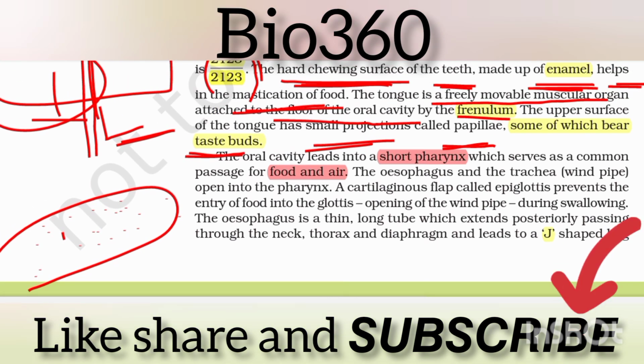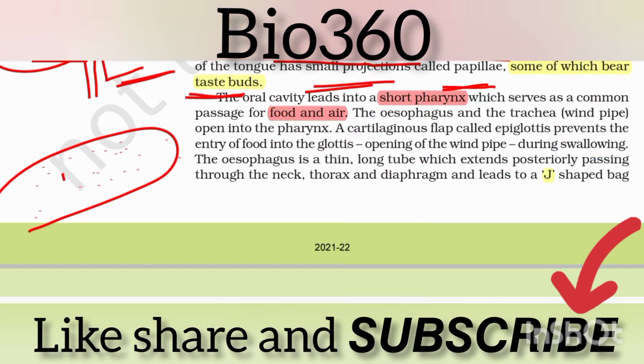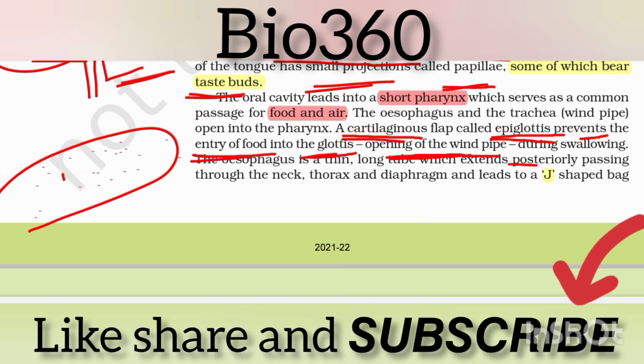The oral cavity leads into a short pharynx, which serves as a common passage for food and air. The esophagus and trachea, which is known as the windpipe, open into the pharynx. The esophagus and trachea are present below the pharynx. A cartilaginous flap called the epiglottis prevents entry of food into the glottis. The glottis is the opening of the windpipe. During swallowing,